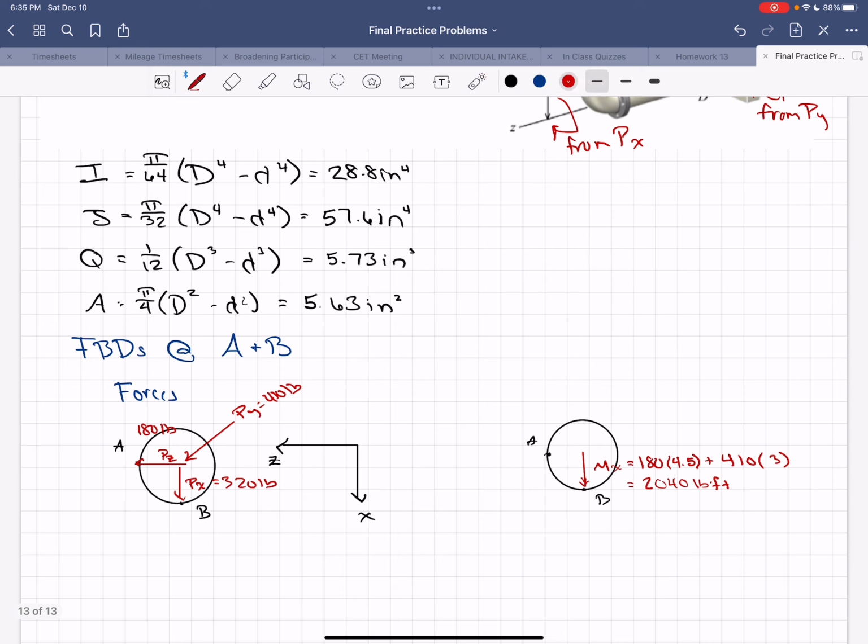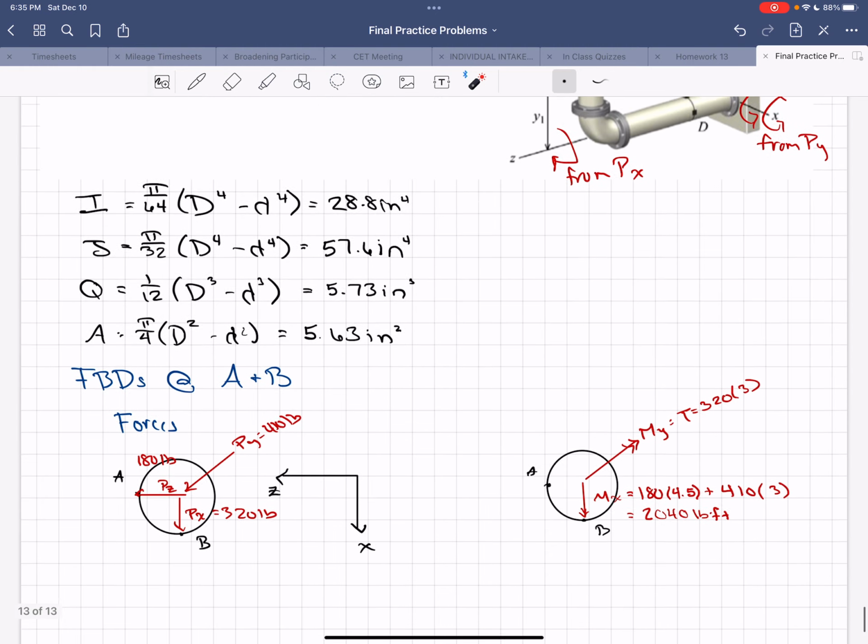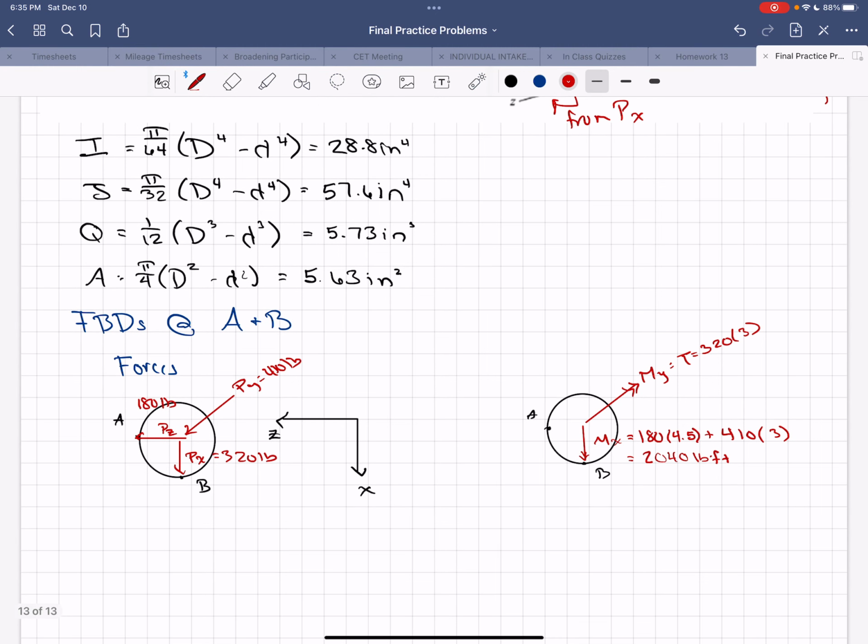So MY equals torque equals 320 pounds times 3 feet, so we have this 320 times this 3 to spin this around, and we get 960 pound-feet. Then, lastly, in the z direction,